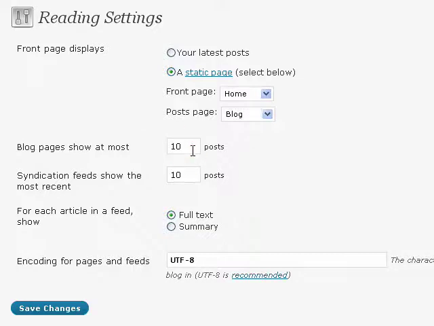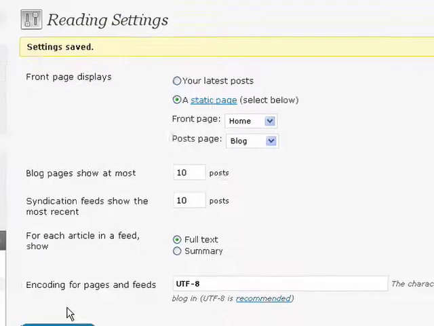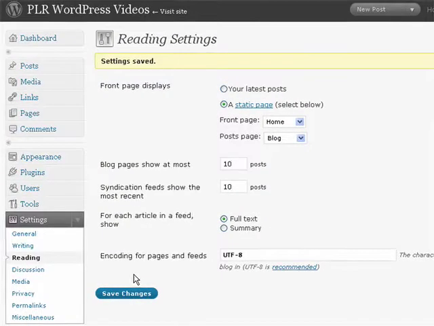And here you can control how many latest posts are shown on your blog page. By default, these 2 values should be 10, and you can just leave it as 10. Then I'm going to click on Save Changes. Okay, so my settings have been saved, and now we're going to see how the changes will reflect in your